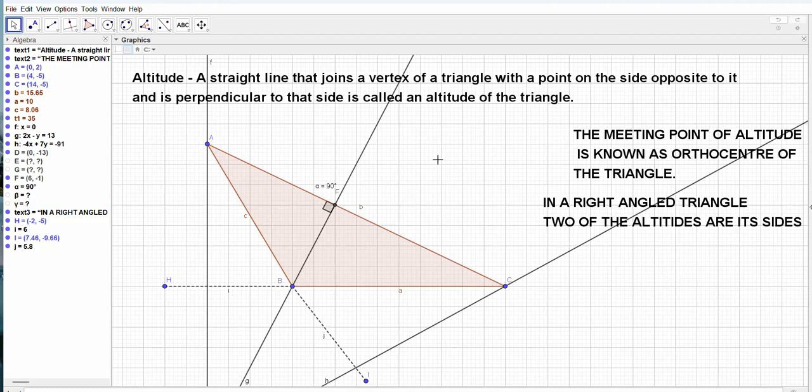In a right angle triangle, two of the altitudes are its sides, whereas in an obtuse angle triangle, two of the altitudes will